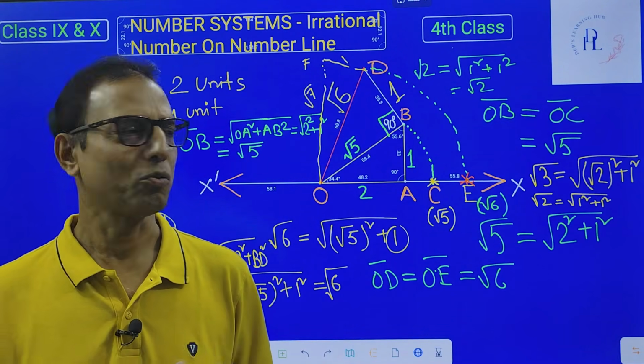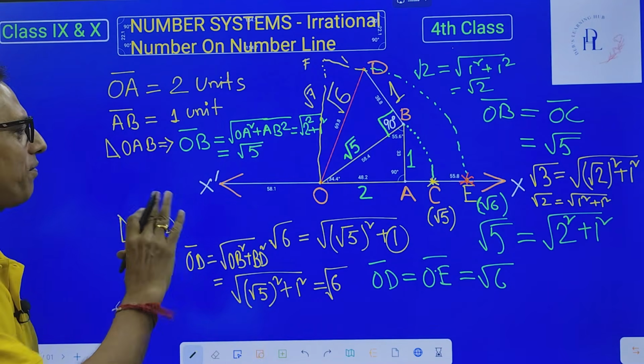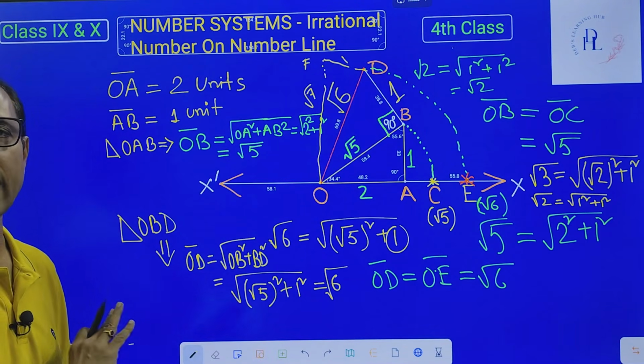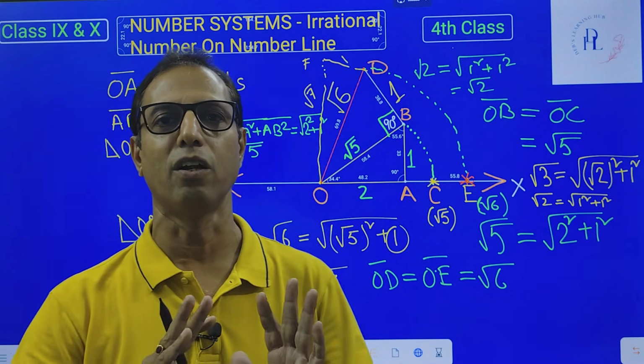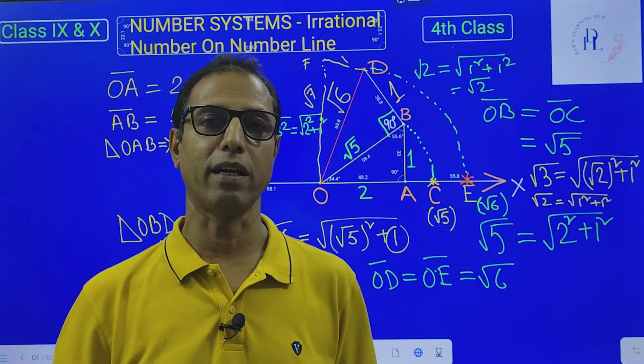समझ में आ गया ना? So what I think you have understood it completely. Any irrational number, even though it is never ending and it is non-repeating number, but still we can place it